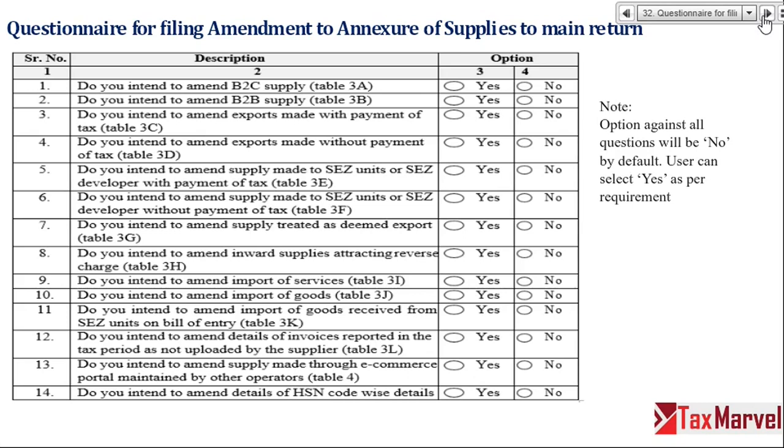When I checked my return format, I mistakenly uploaded it into B2C, meaning I had not provided the GST number. Now I have to amend all these details. So the system will ask me, what is the detail you want to amend? B2C, table A, table B, table C, export with payment. So any one of tables 1 to 14 means all the details of ANX1.